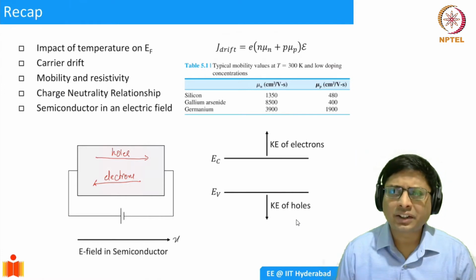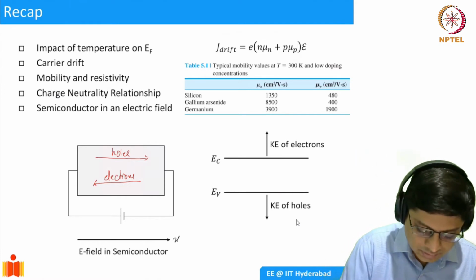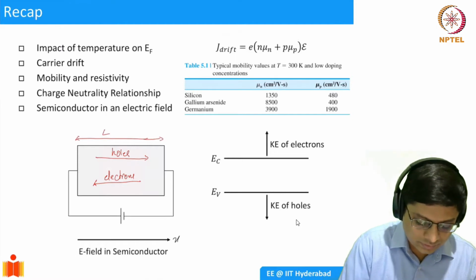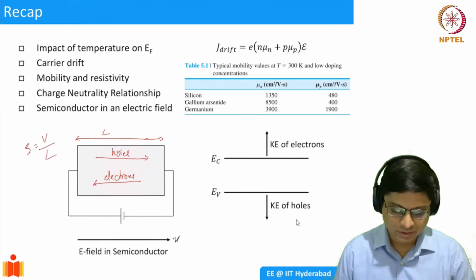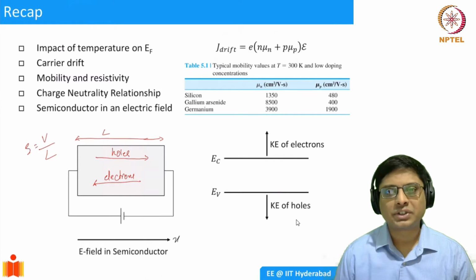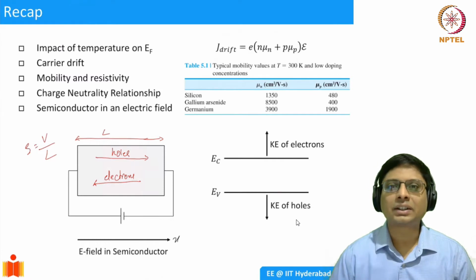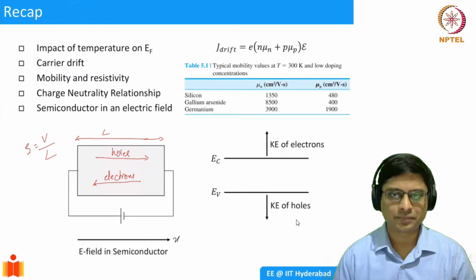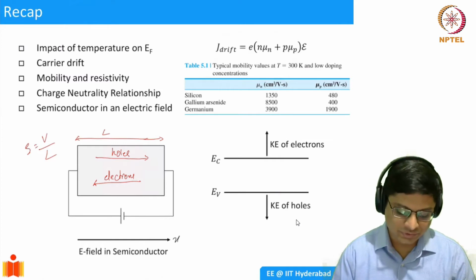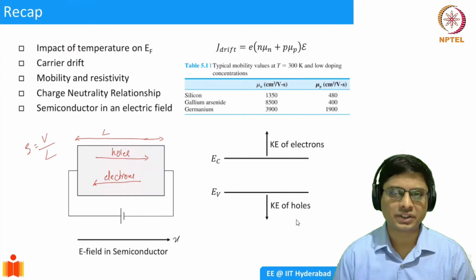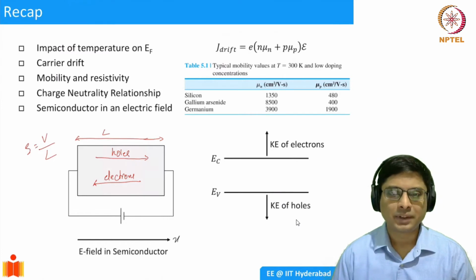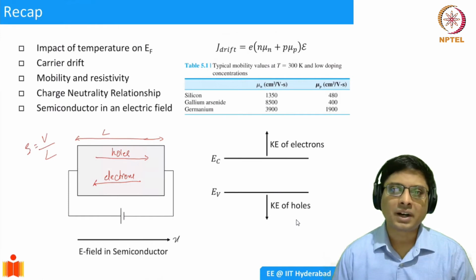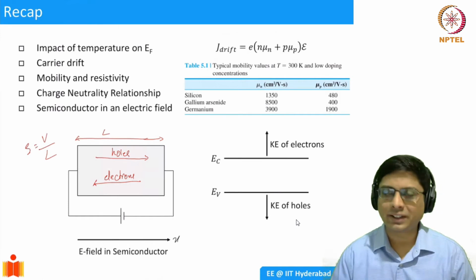So what is the magnitude of the electric field? Well, it will simply be the voltage applied divided by the length of the semiconductor. Let's say this is L. So the electric field will be simply the voltage applied by the length, right? Voltage per centimeter in our case. Okay, so what happens? We showed that the electrons acquire kinetic energy as they travel across the semiconductor. Even the holes acquire kinetic energy as they travel across the semiconductor. And we wanted to represent it in the form of a band diagram. And to do that, we have argued based on photo excitation.